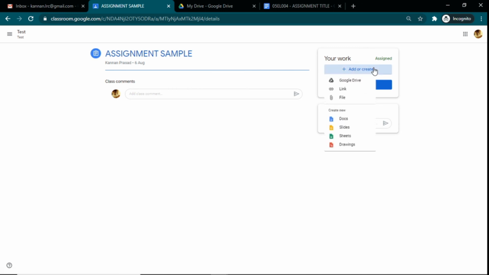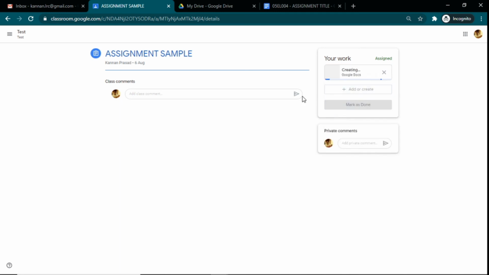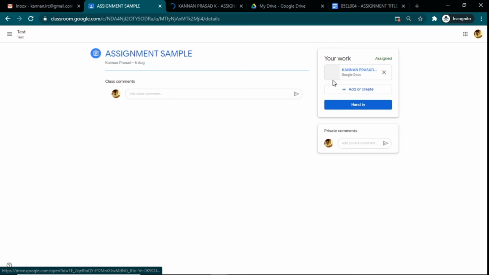The other way you could do that is, if you want to create a new file, so let's say that only now you are going to start with your document, you click on Google Docs here, it will open another Google Docs file for you, right? So it has created a Google Docs file for you. Now you could click on this link, right? So Google Classroom has automatically created a Google Doc for you. So with this create option, you don't have to sweat through attaching the file here. It has already attached it here, right? So there are two ways, right?